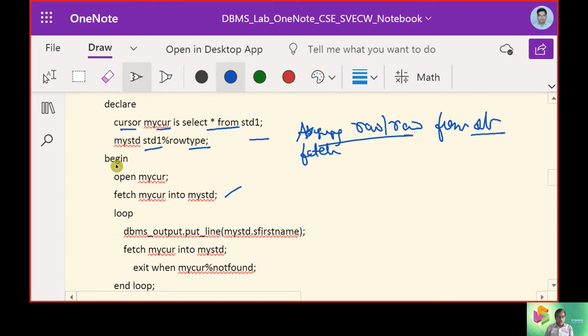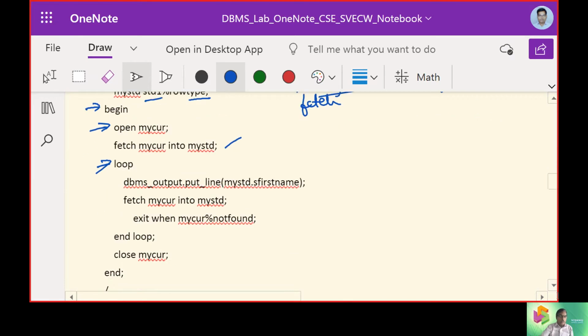So this is the procedure beginning, and this one was opening of the cursor, then loop. So three items we are focusing on. So we have end loop, we have closing of the cursor, and we have ending of the body.